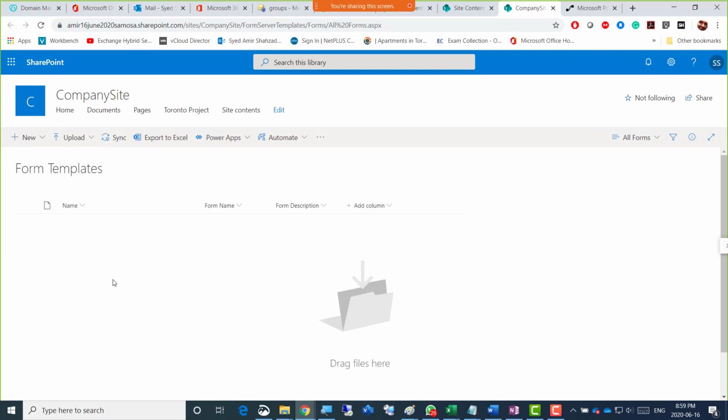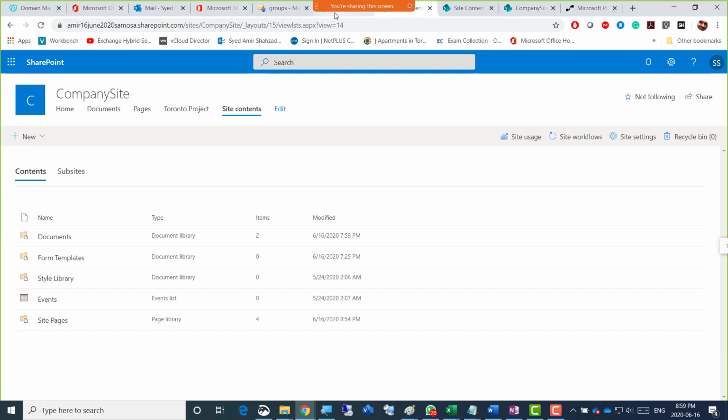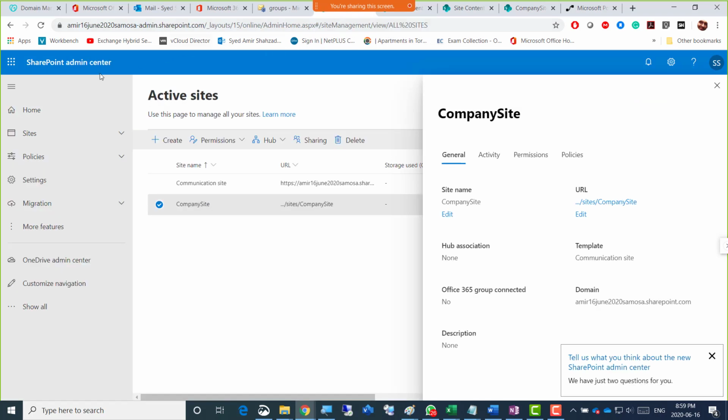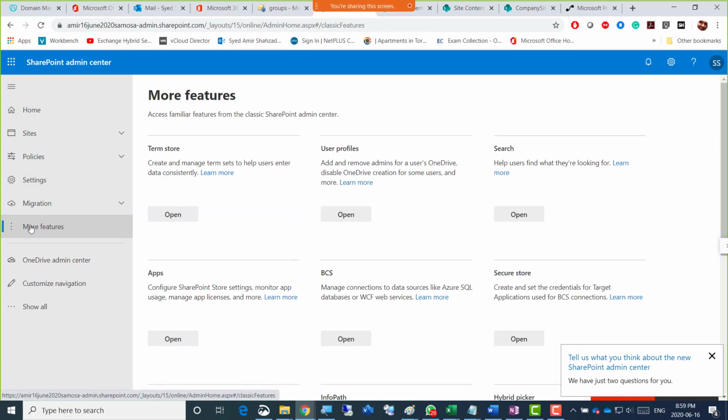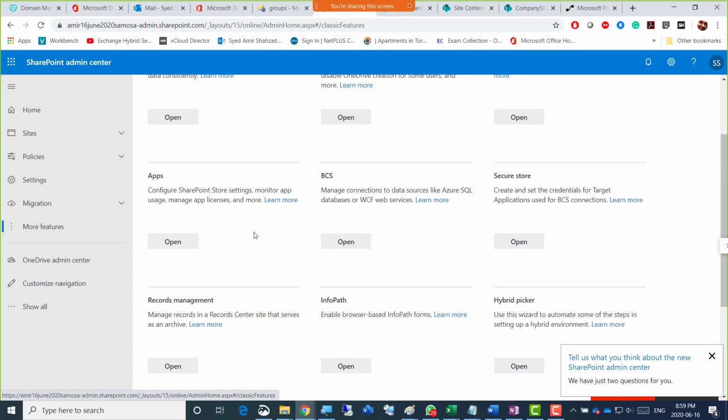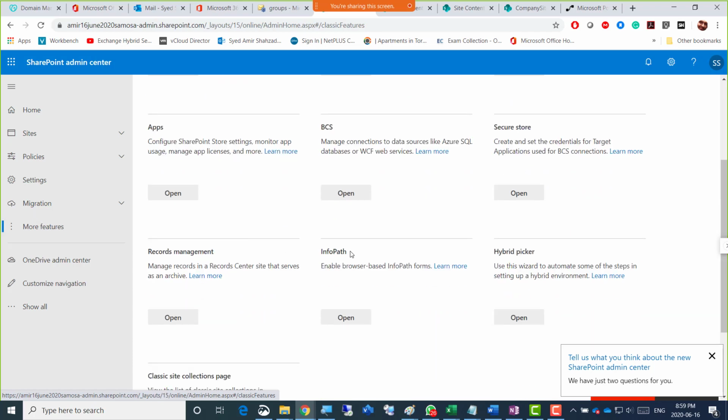Anyway, the thing is that forms, it used to be, if I go back to the SharePoint here, it's hiding behind it. So when it used to be, I'm going to go to the new more features. I'm on the SharePoint Admin Center, right? So if I click the more features here, there was an InfoPath here. Some of you who have this, this is the InfoPath, right?